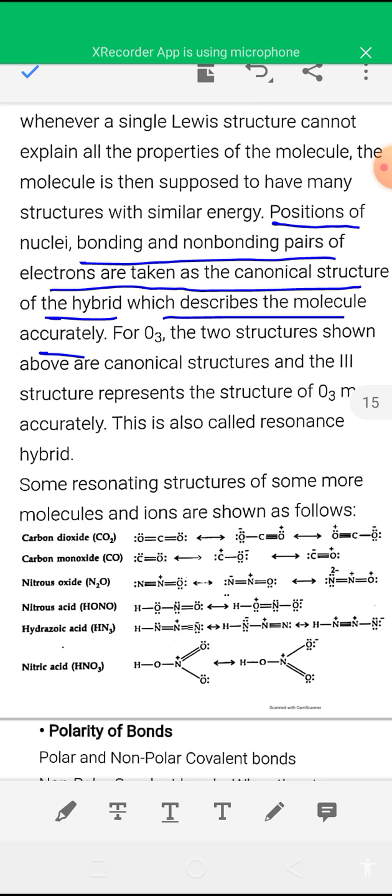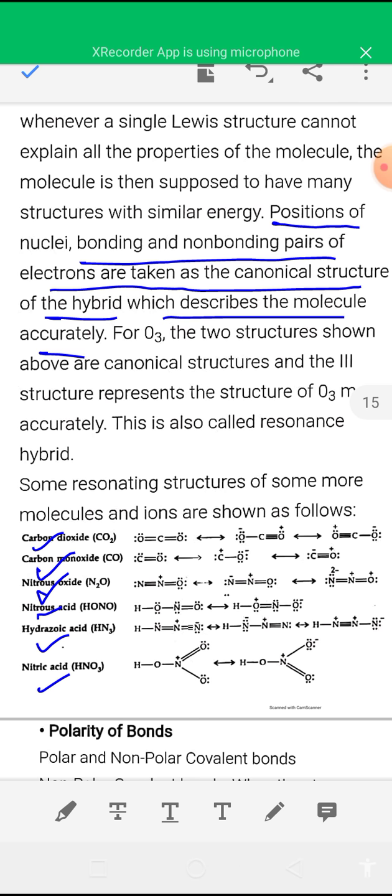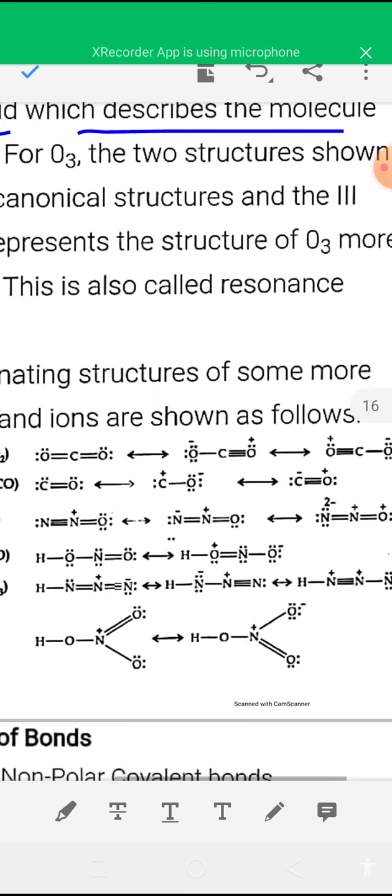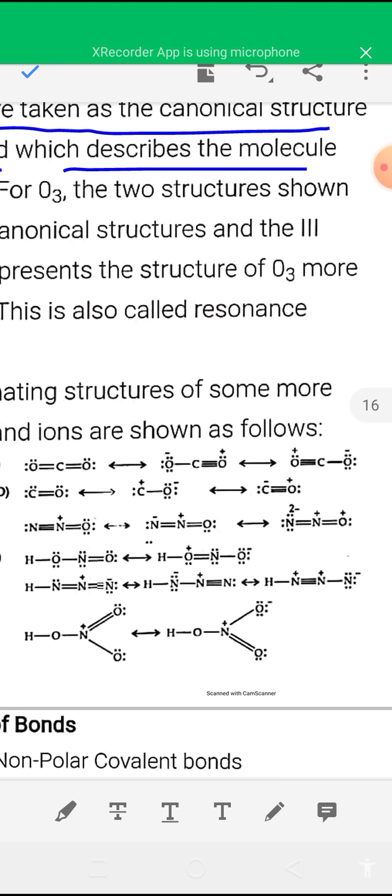Here the resonance structures of different molecules are given, like carbon dioxide, carbon monoxide, nitrous oxide, nitrous acid, hydrazoic acid, and nitric acid. You have to practice the resonance structures of all these molecules. The first one is carbon dioxide. Due to resonance,